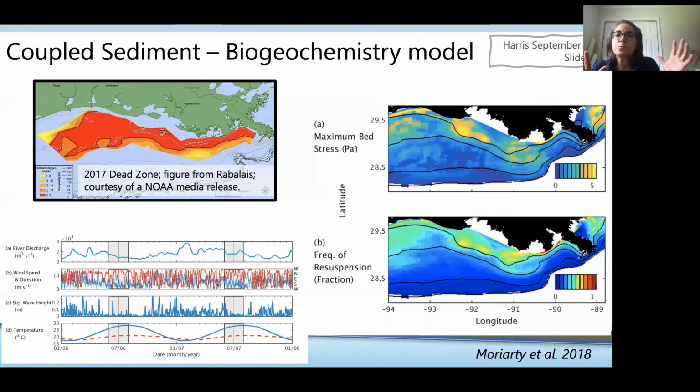Once we use the model to run different historical events and get a sense for how the system responds to them, we can say we think that in the future we're going to have more typhoons that come from the east, or a weaker southwest monsoon, and then use the results from that historical record to see what we think the impacts of those climate shifts will be going forward. That's how I would approach it with the tools I have, because my models run on time steps of a couple of minutes, and so I can't really run longer than a couple of years at a reasonable computational cost.